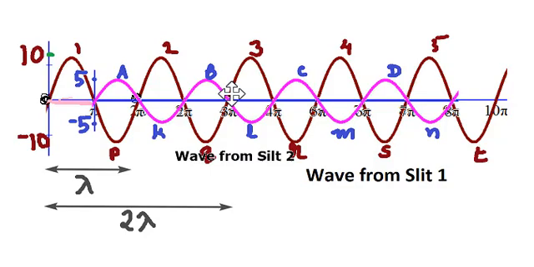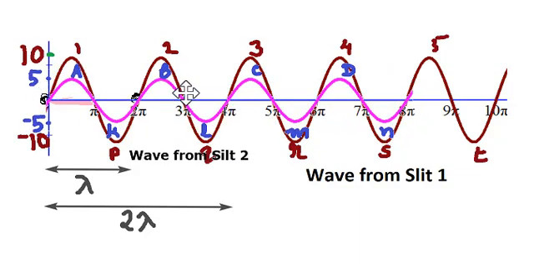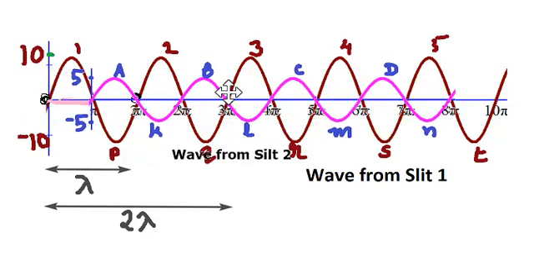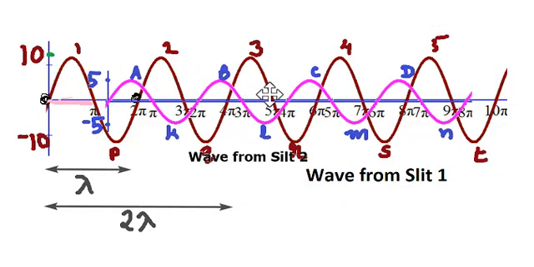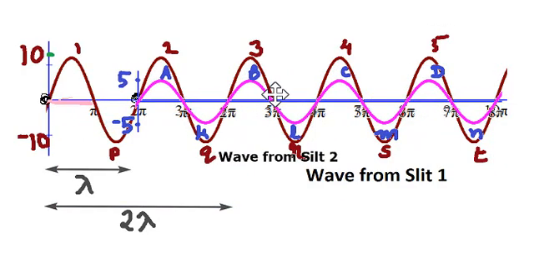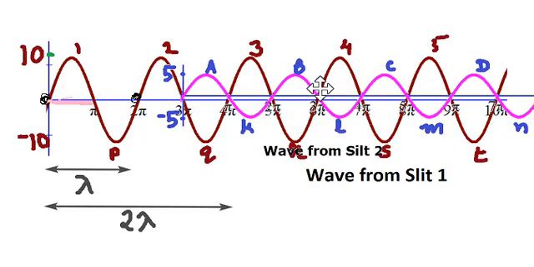For example, suppose the wavelength is 2 meters. Then if there is no difference in the path, you get maximum. If the difference is half a wavelength, that means 1 meter, this will happen. If the difference is 2 meters, exactly 1 wavelength, you get maximum. If the difference is 3 lambda by 2, that means in my example 3 meters, then this will happen. And so on.